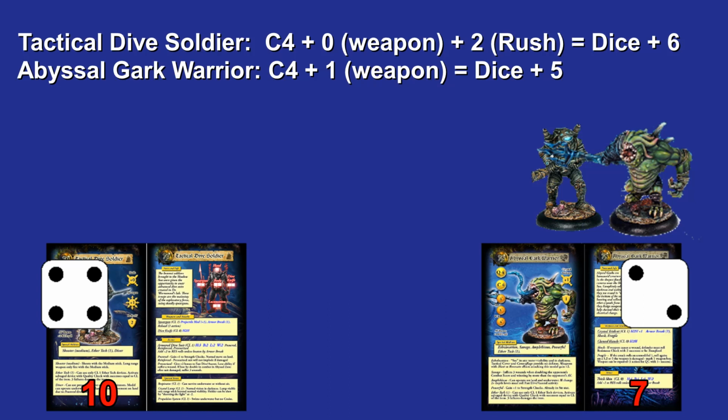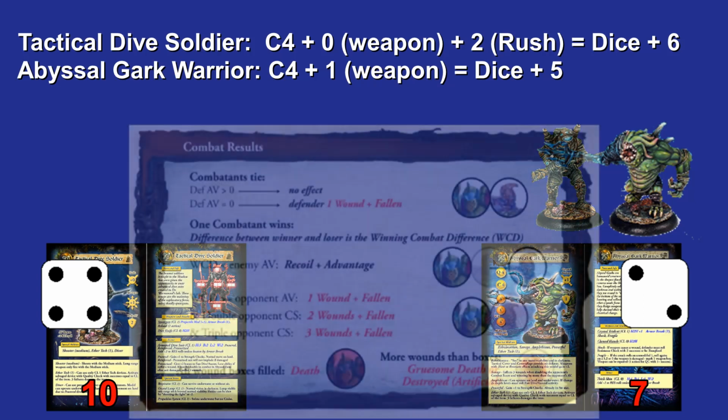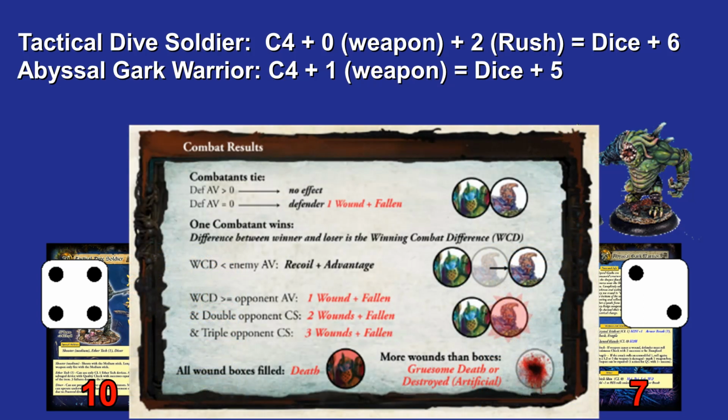So 10 versus 7, you consult this chart, and it's a pretty simple chart, so you can pretty much memorize what this is, but sometimes I do have to go back and look at it. But essentially, you look at the difference between the two numbers, and that difference is called the winning combat difference. And based on that winning combat difference, that tells you how that round of combat resolved. So in a 10 versus 7,